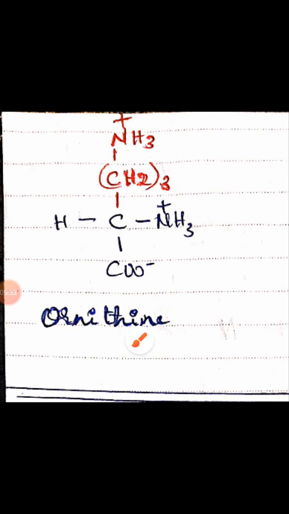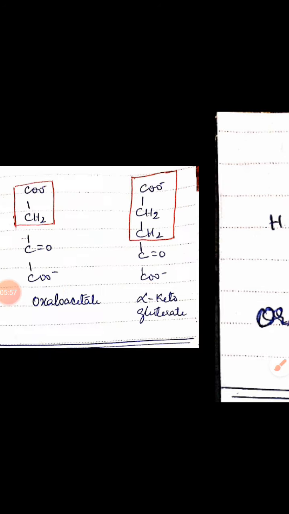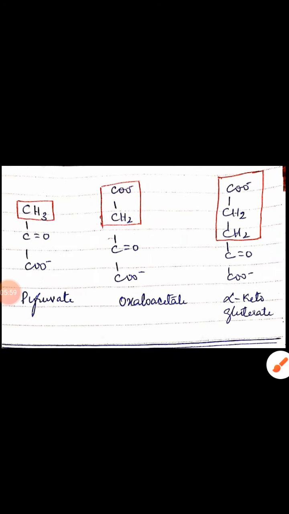This is actually not an amino acid, but it is a type of amino acid, but it doesn't come under the 20 amino acids. You can see the alpha carbon having H, and then it has NH3 plus, and COO minus, as it is an acidic group and a basic group, and the R is replaced by CH2 3 times NH3. It is a kind of basic amino acid, which is nothing but ornithine. Please remember this structure.